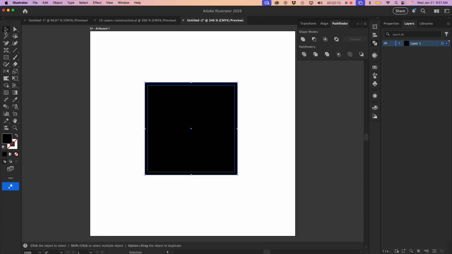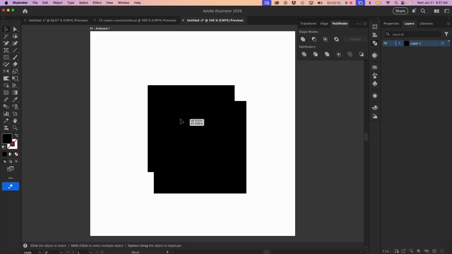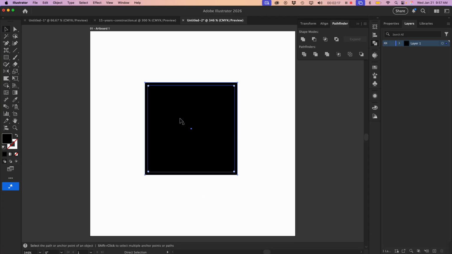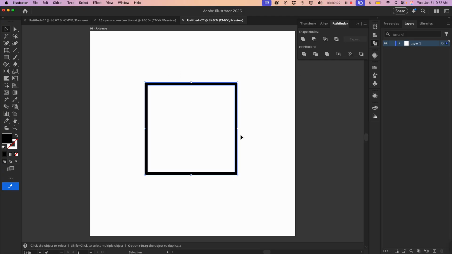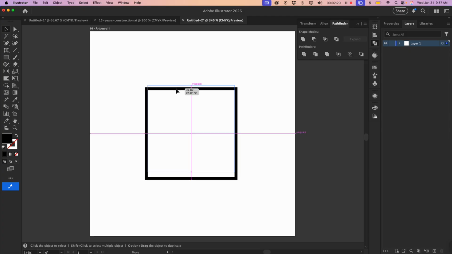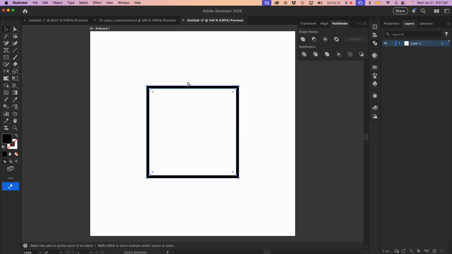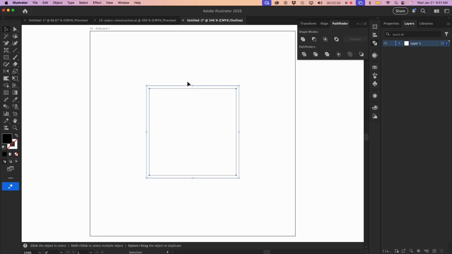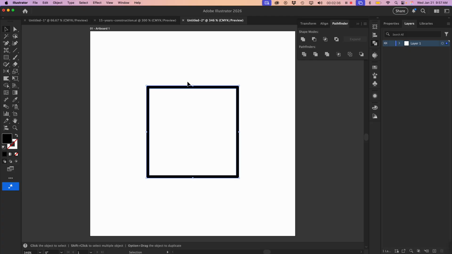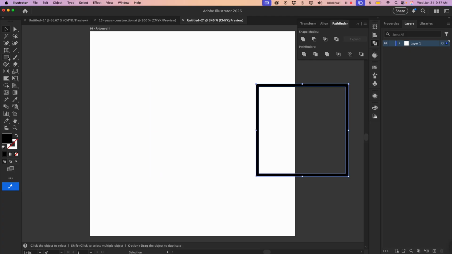What did I not do? Oh, I see. Select both of my paths, and I can subtract that front one. And now I've got an outline of this square. This is a filled path, a compound path, to be precise, all right? But this